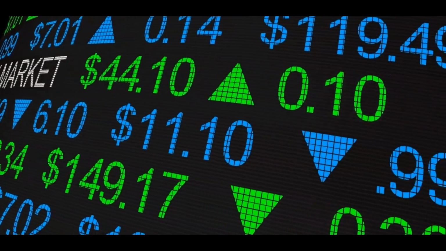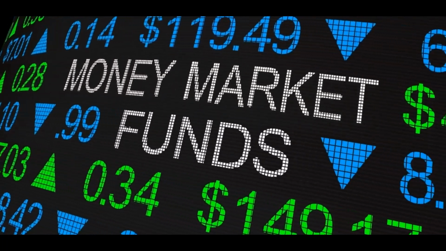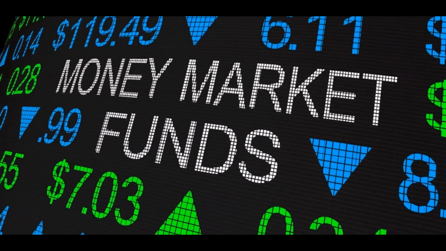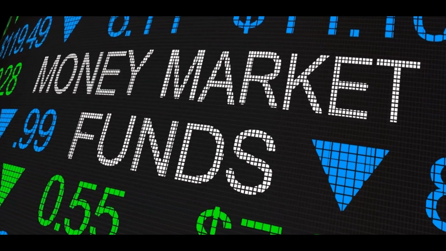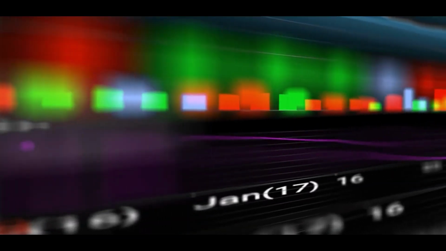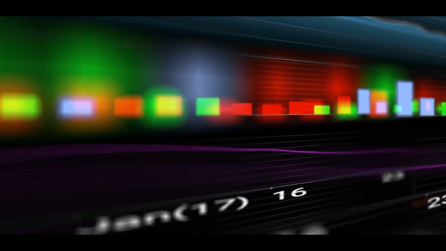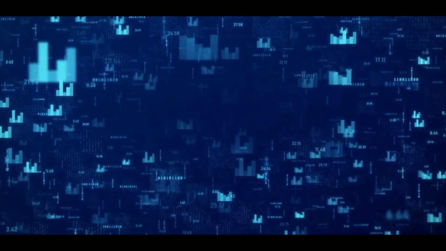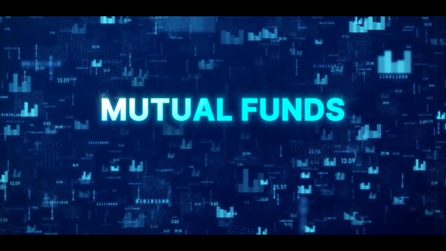A money market fund represents a type of mutual fund that primarily allocates its investments into highly liquid, short-term financial instruments. These instruments encompass cash, cash-equivalent securities, and short-maturity, high credit-rated debt securities like U.S. Treasuries. The fundamental purpose of money market funds is to provide investors with substantial liquidity and minimal risk exposure. They are also referred to as money market mutual funds.